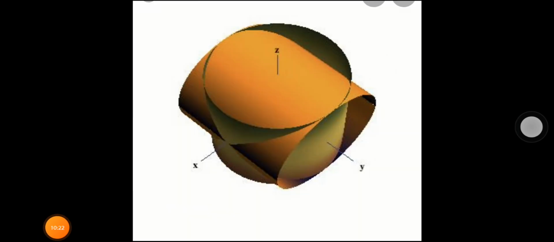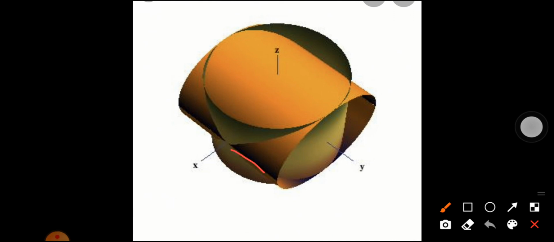Here is a more clear view of the intersection of the two cylinders. When we talk about the first octant, we can calculate the integrals in only one octant. So when we are going to discuss how we can calculate the volume of such cylinders, in the first octant we are having this part. Here is the part which is lying in the first octant, so we can integrate it over here, but the similar parts are lying on the other portions as well.